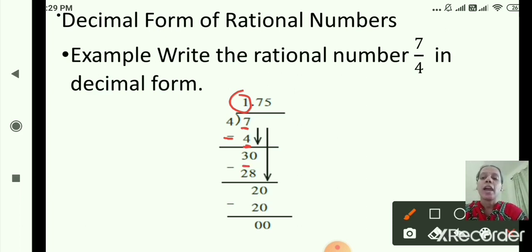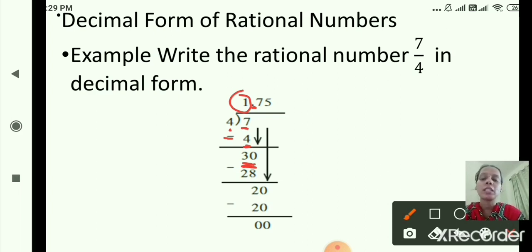Now as you can see, this is 3 here and here it is 4. Can we divide 3 by 4? No. So what you will do, you will put a decimal point here. After writing the decimal point, you will add 0 here. As you can see, I have written 30, right? So why have I written 30 here? Because 3 is not divisible by 4, right? So we put the decimal point, and after putting it we add 0. Now here it is 30. Now we can divide 30 by 4, right?